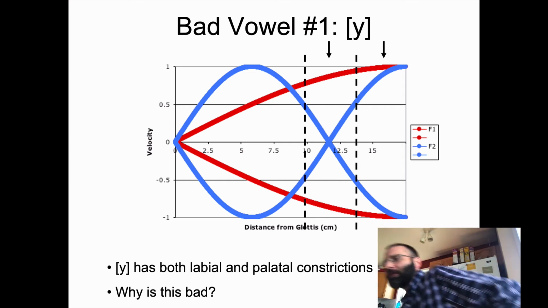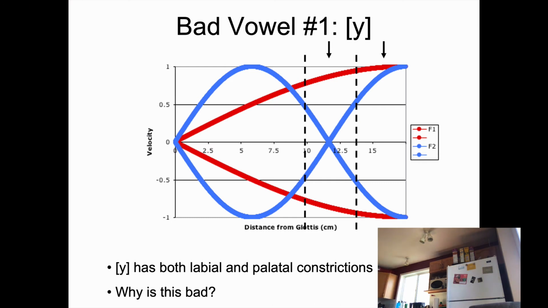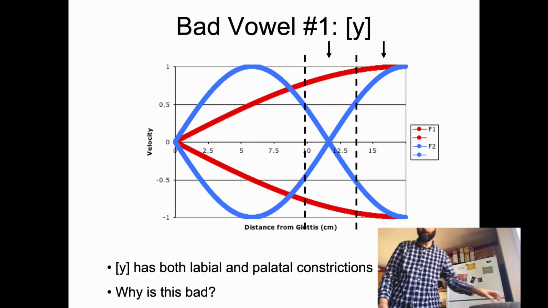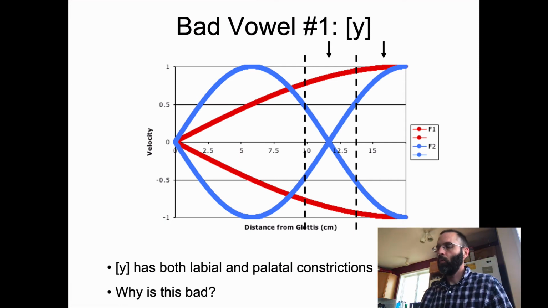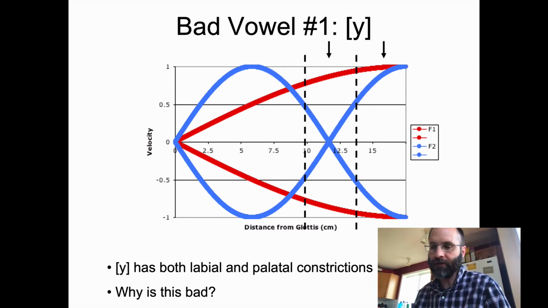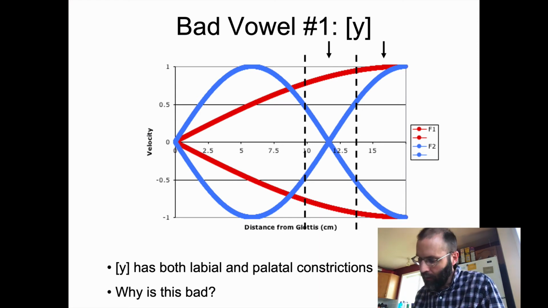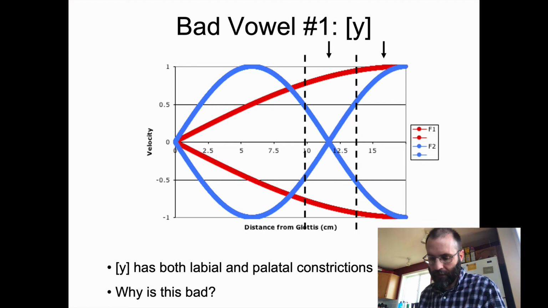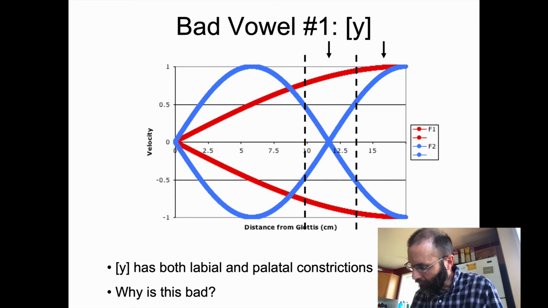Actually, maybe I can get away with this. And you can think for a moment about what would happen to the formant frequencies of the vowel ü based on perturbation theory. So ü has both labial and palatal constrictions, right? So if we look at the labial constriction for F1 and F2, we have an antinode for both of those